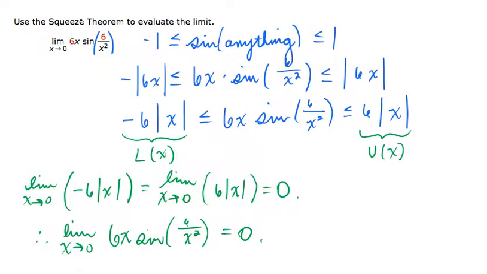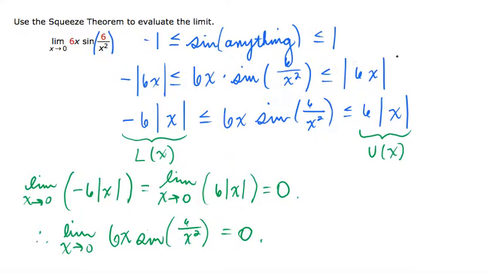So instead you want to really try to figure out your upper and lower functions based on the 6x out here. So I start with this inequality, and then to get our function f of x in the middle, we need to multiply all three sides by 6x. But if we multiply by 6x, now x could be positive or negative, and that could alter the direction of the inequality sign. So you can put 6x by itself in the middle, but on the upper and lower parts here